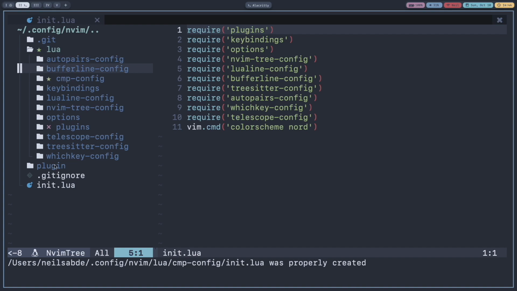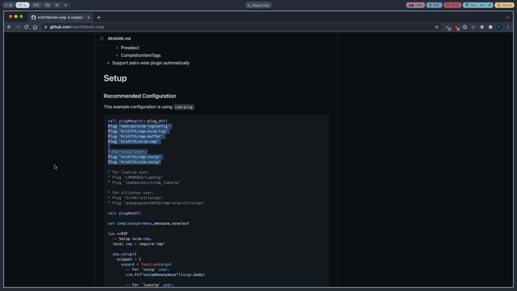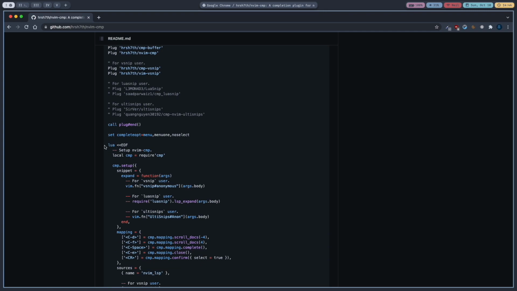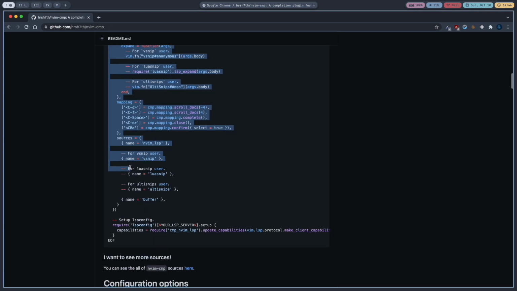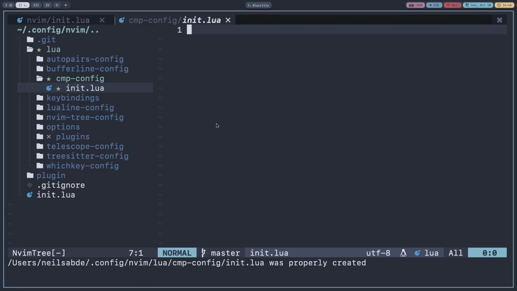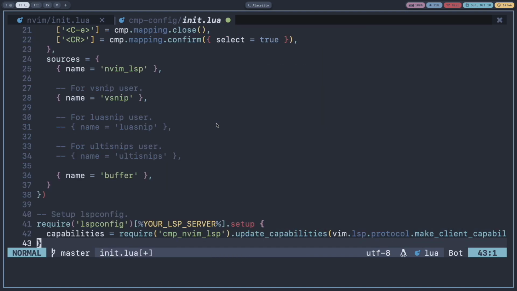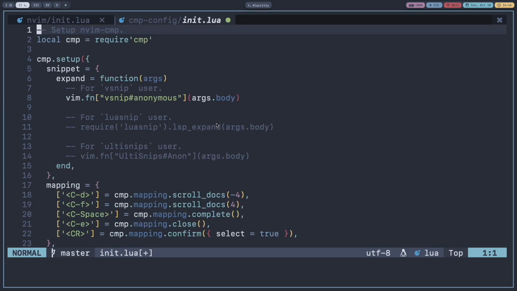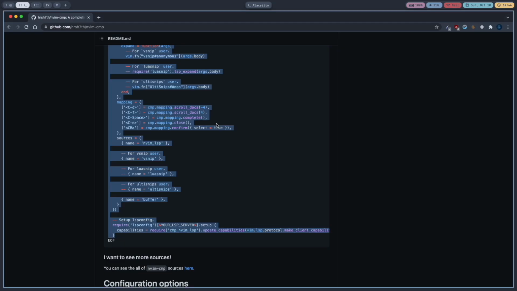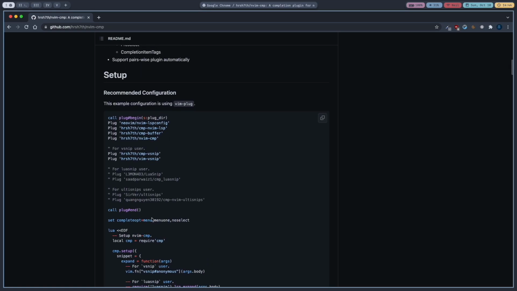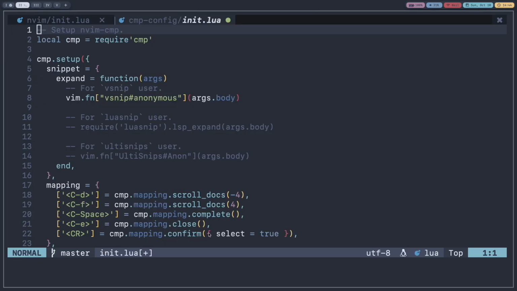cmp-config/init.lua and then go to cmp-config/init.lua, and now you can scroll down, copy the part in the Lua section and then paste it, and this CMP link will be in the description. All the GitHub pages, whatever I am showing you, it will be in the description. And one more thing you need to copy here, it is complete opt equals menu1 no select, and